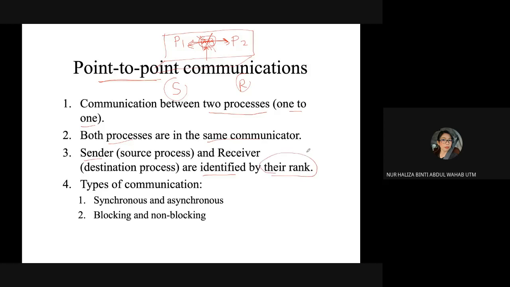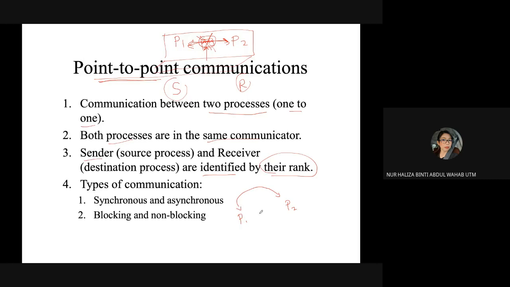This rank you already learned in your previous topic, module 5. So if you have two processes, you will use point-to-point communication if you need direct communication between these two processes.